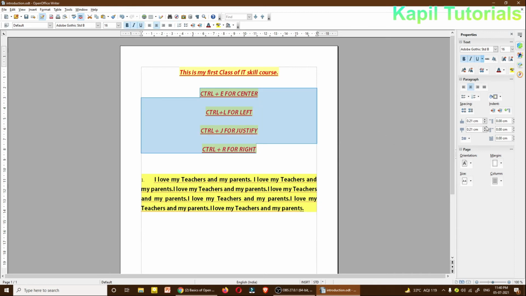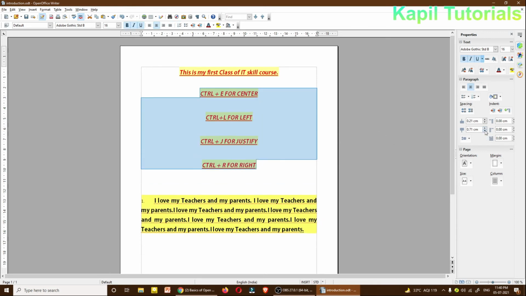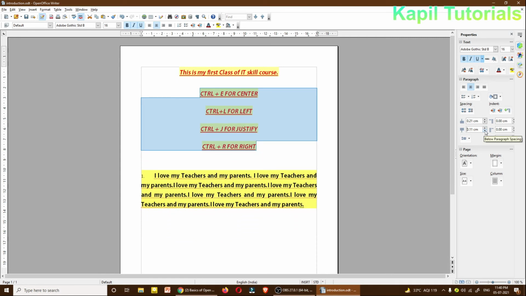If I select this, you could see here the difference and what the result is coming. And here also some options are there. Indent, again shifting toward left and right. After text. So these are all the major formatting you can do.